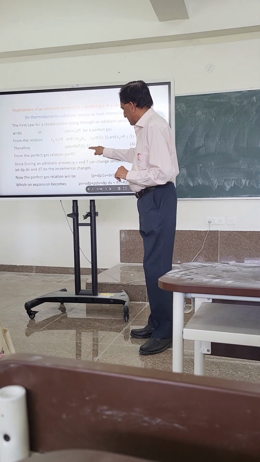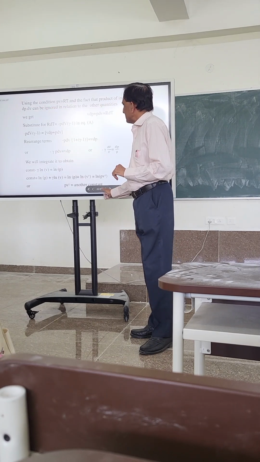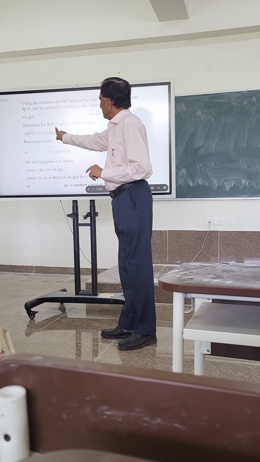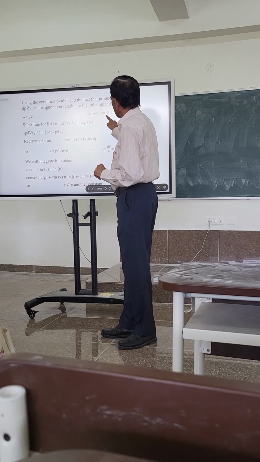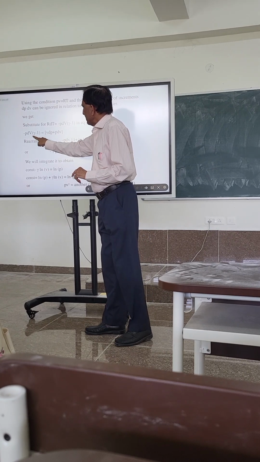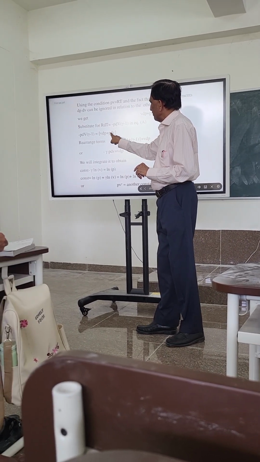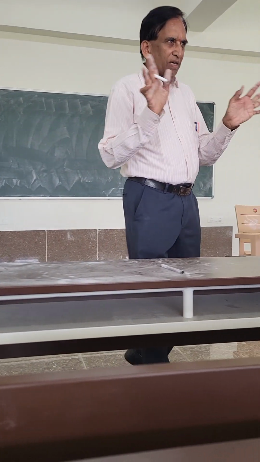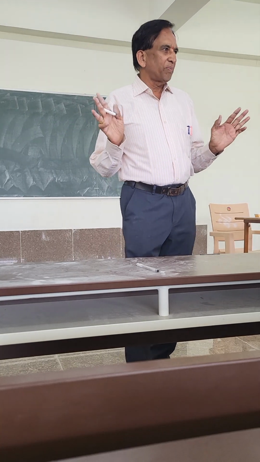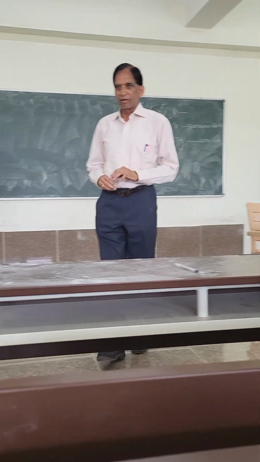Replace RdT here. Replace it the same way with the other dV. This is correct here. This minus PdV by gamma minus 1 should be equal to, correct? This is algebra. It's not thermodynamics here. If you know algebra, you understood what I am doing now.